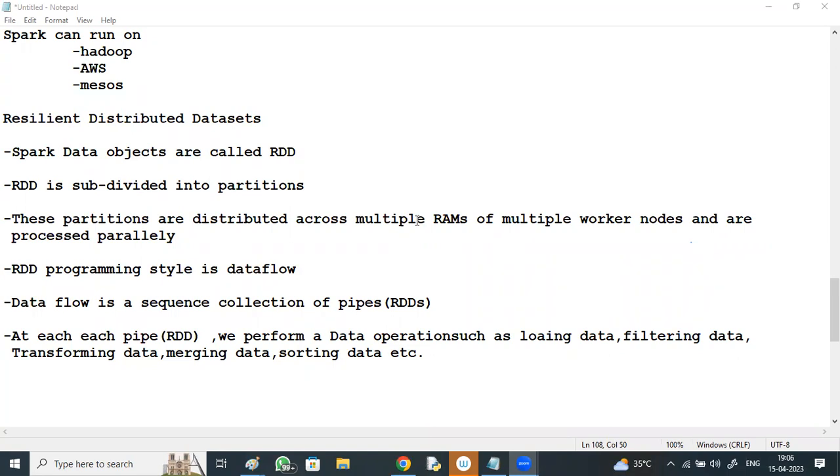Spark has its own execution model and its own APIs available, which means we don't need to write huge code. Many APIs are available: Spark core APIs, Spark DataFrame APIs, where we can perform any operations with simple steps. We have inbuilt features and functionalities, and you'll be seeing all of them. We'll go through all those APIs one by one. We don't need to write huge code here, as it provides many flexible features.